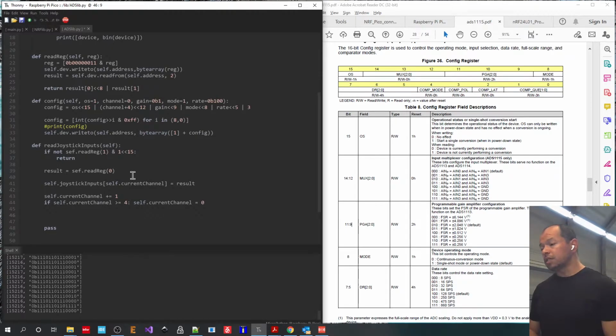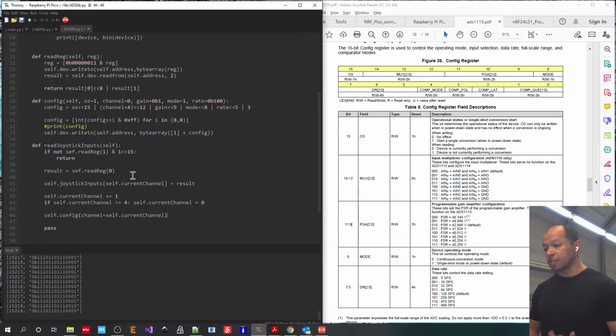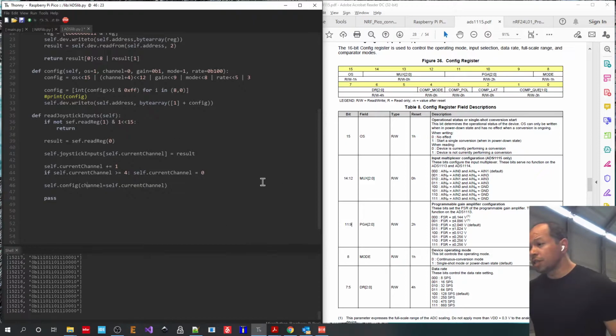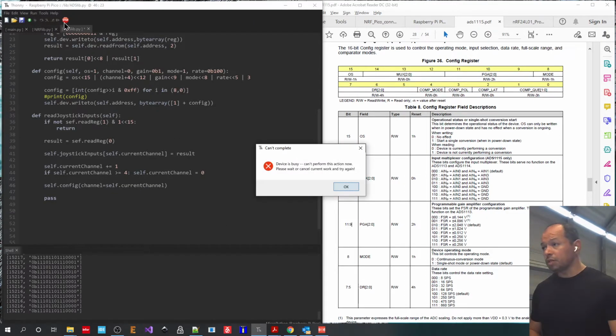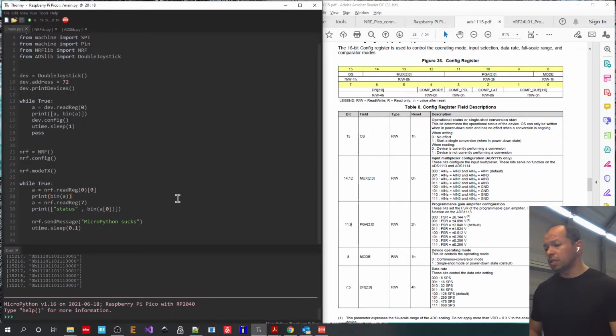And the last thing we want to do is start the new conversion. So we'll say self config channel equals self current channel. Right, so that will set the next conversion by overriding the channel itself. So this should give us data for what we want. So let me stop this, save it, go back to this one,